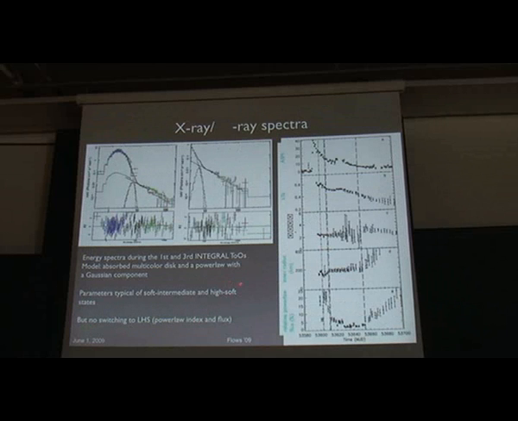And just to finish off on, very interesting, that should be a gamma up there. These are the XTE and INTEGRAL spectra. This is from the first INTEGRAL ToO, and this is from the second INTEGRAL ToO after the source had transited from the soft intermediate state to the high soft state. And then here what we did was we just plotted various spectral parameters. We initially fit just a very simple model of a multicolored disk and a power law, including a Gaussian component,